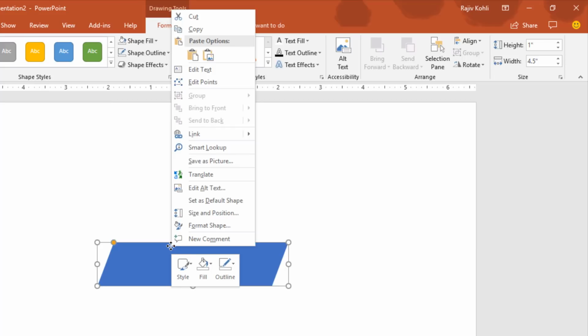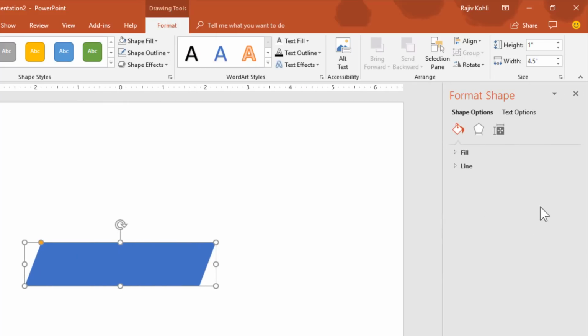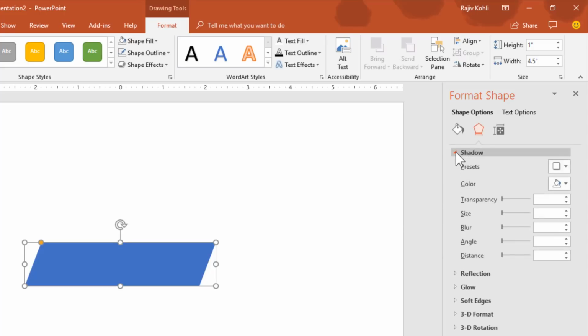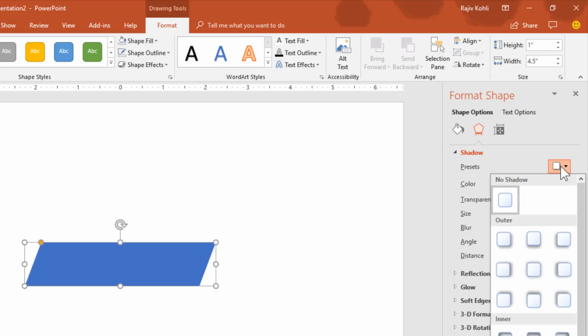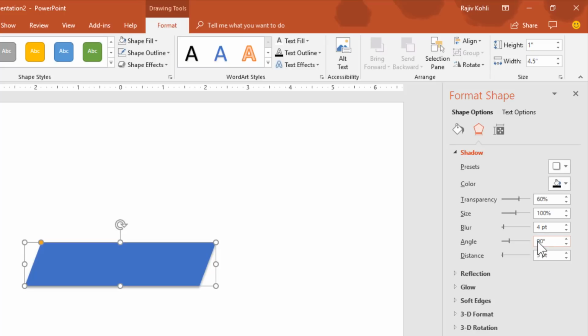Now right click on the shape and open format shape. Go to the effect settings and pull down the shadow settings. Go to the presets, and I would like to choose this preset and a transparency of 10% only, because I want the shadow more darker, so I am reducing the transparency, and a size of 105 is enough for me.